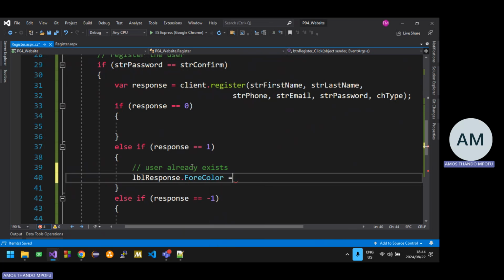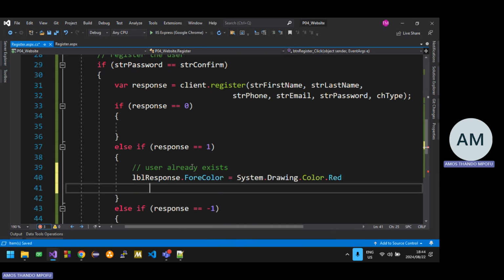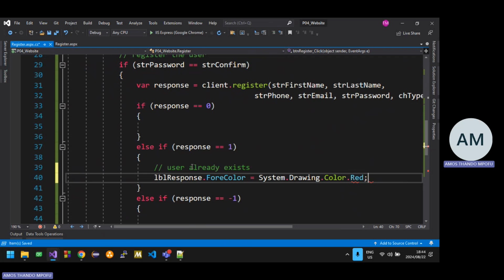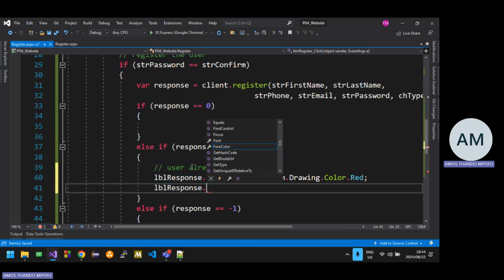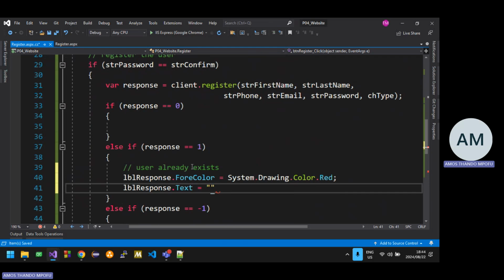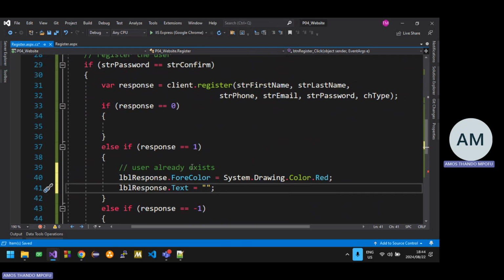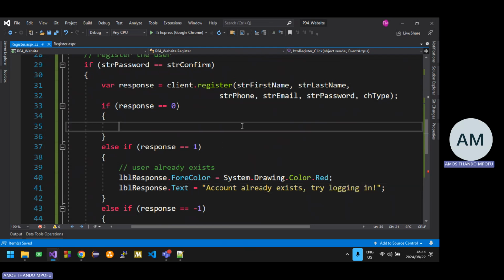So dot for color, basically the text color, and it's an error, so I'm going to use the color red. And then lbl response dot set the text to, I'm going to say account already exists, right? Try logging in. So the user should try logging in. The account already exists. And then here that means we've successfully